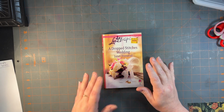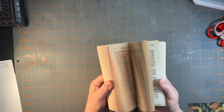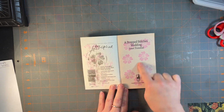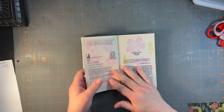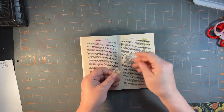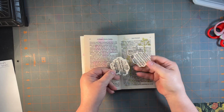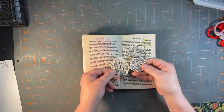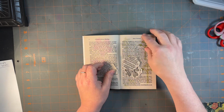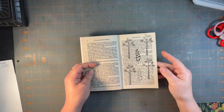But the idea that I had, and I forgot that I'd done this, but just using one, you know how many pages are in those. And what I did was took some of my stamps and I've just stamped them on the pages. And you see there how I've torn some out. And of course you can gesso them before, use the masking tape to pull some of the words off before or whatever. But these are just some images of some of my stamps on book pages to use in collages